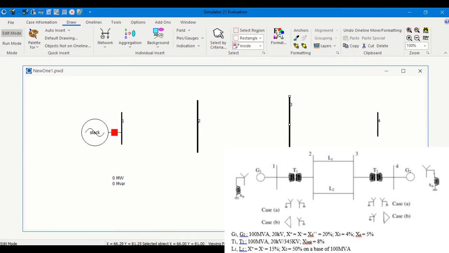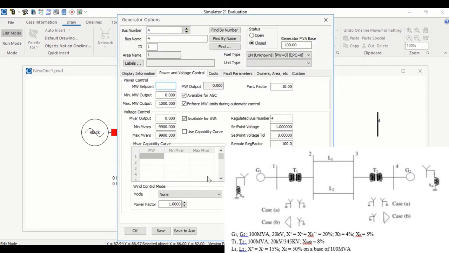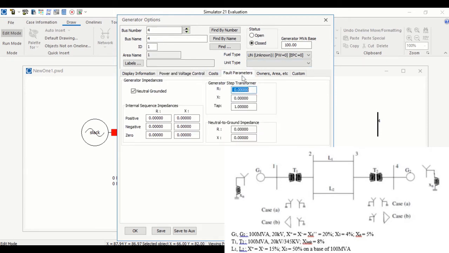Go to network, generator, click on bus 4 where you have the second generator. The megawatt is not specified, so 0. Go to fault parameters and enter the reactance values as before: 0.2, 0.2, and zero sequence is 0.04, and finally the neutral reactance is 0.05.